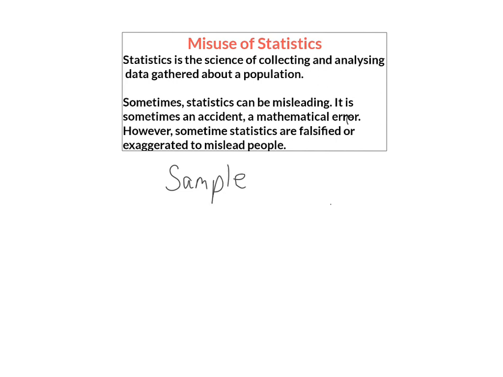For example, you could pick at random 30 first years. The first years are the population, the 30 students that you picked out are the sample. We said it's really important that when you do a survey, when you gather information about a population, your sample is representative of that population. It's a small group, but it represents everybody in that first year. So it should be representative, or the other word we said it could be is unbiased.